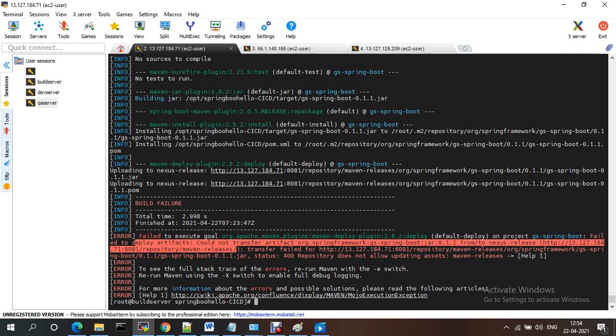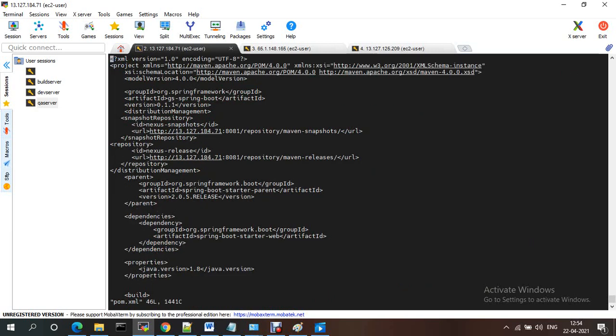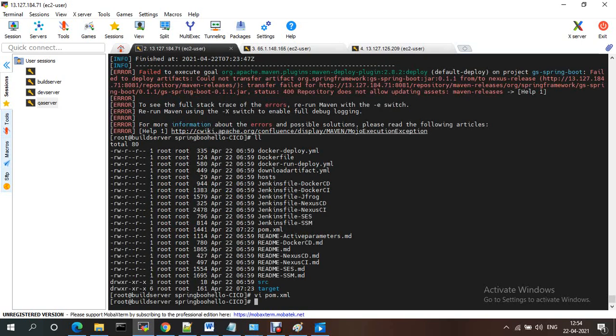So if you need to change the version, you just need to go to the pom.xml file and change the version. If it is a minor version, you just need to change this one. If it is a major version, you need to change this one and the release related information. Now I'm thinking just a minor version. After I change the version, I need to do install, mvn clean install or mvn clean package.